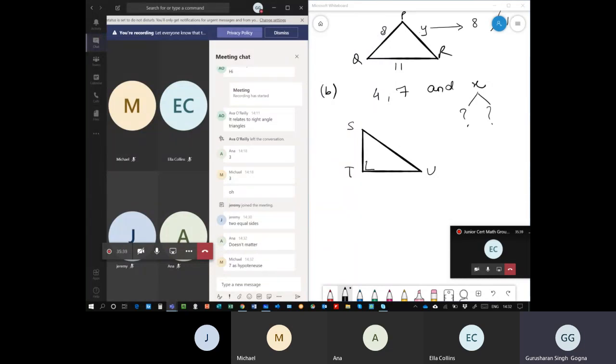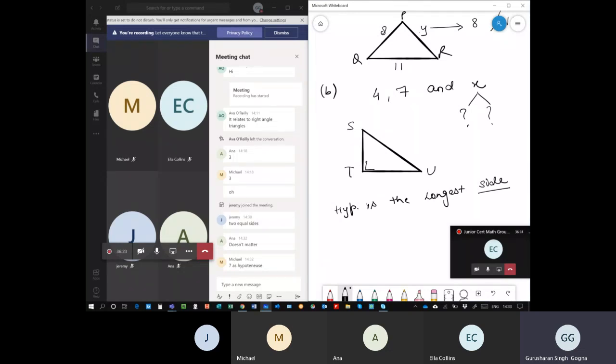Which side should I choose as 4? Okay, Anna said it doesn't matter, and Michael said 7 as hypotenuse. First, Anna said it doesn't matter. It actually matters. Why does it matter? Because hypotenuse is the longest side. Agree? In a right angle triangle, hypotenuse is the longest side. Now, since we don't know the value of x, we don't know which one is hypotenuse. So Michael is right in approach that as I know that 4 is smaller than 7,